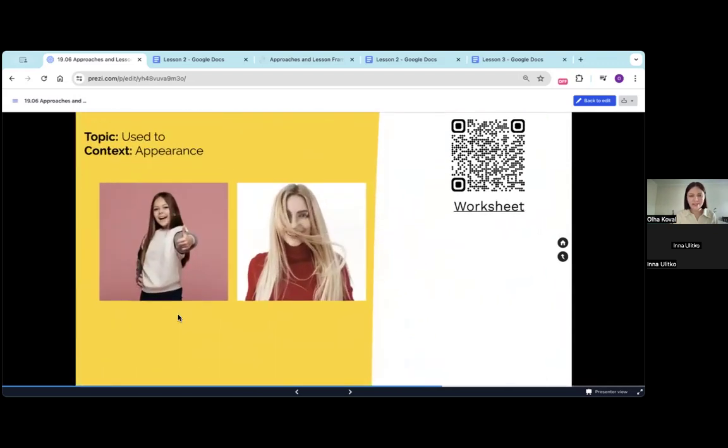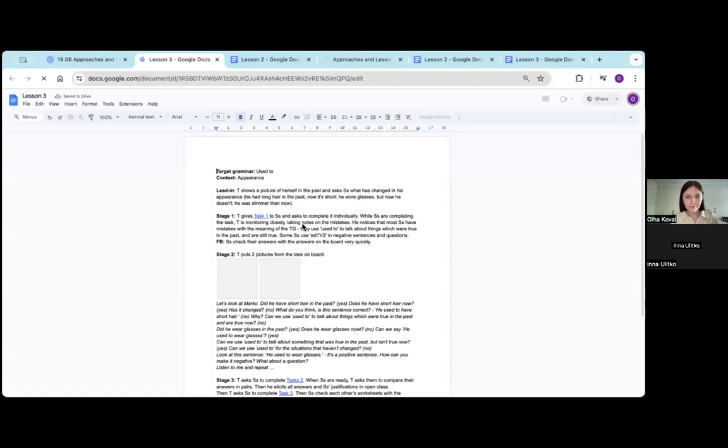I will not comment that much, but we will see what's the difference. Again, the topic is the same, used to, and the context for this lesson is appearance. First of all, we will discuss some pictures. We will say, okay, it's a girl in the past, and now. So what has changed? Does she have the same hair now? Would you recognize her if you didn't know that it's her, etc. And then